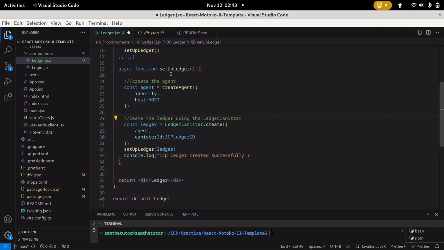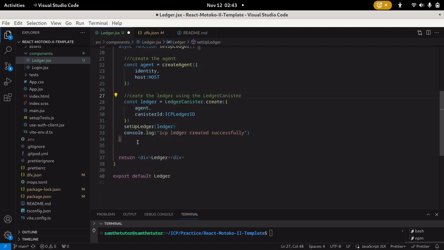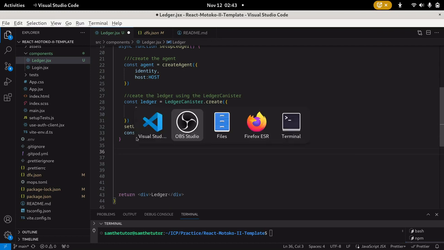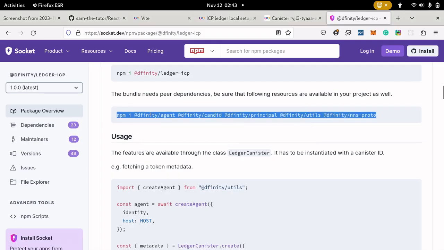So now that we have the setup ledger function set up, we will just go to the next step, which is that we will start writing functions to access the ICP ledger canister. And as in our previous, if you go back to